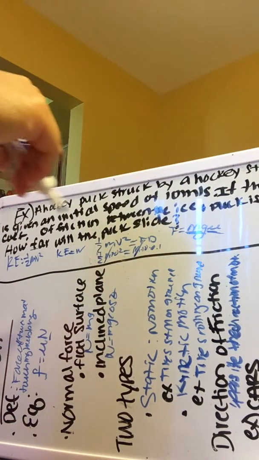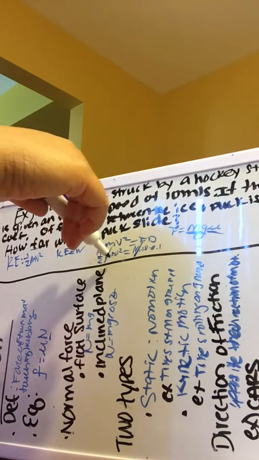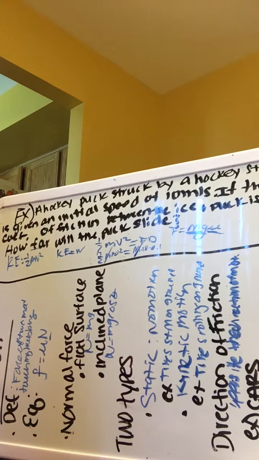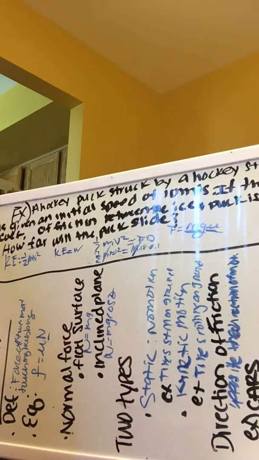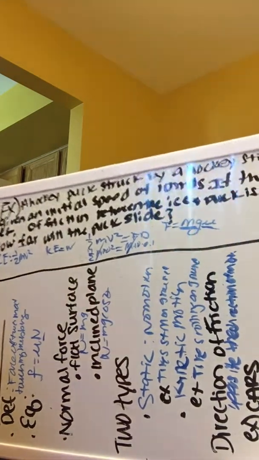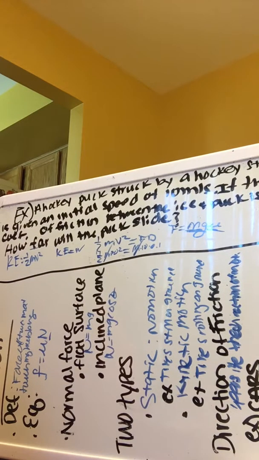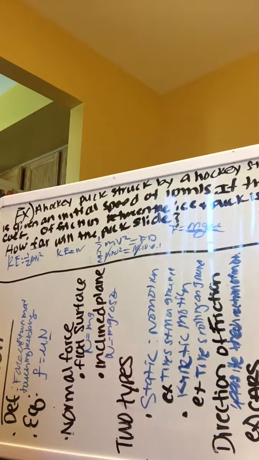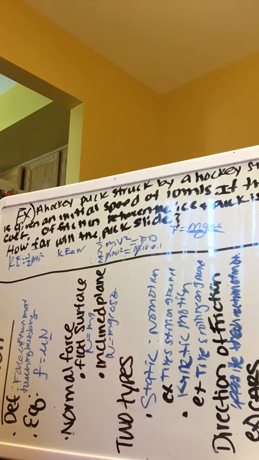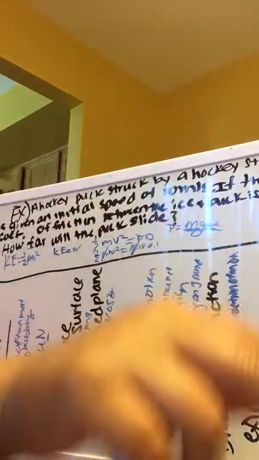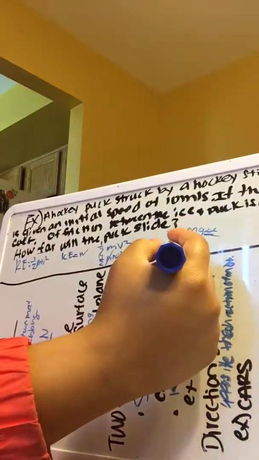We have 100 divided by 2, which is 50, then we have 10 times 0.1. Anyway, the answer is